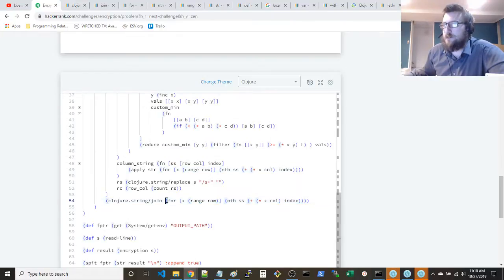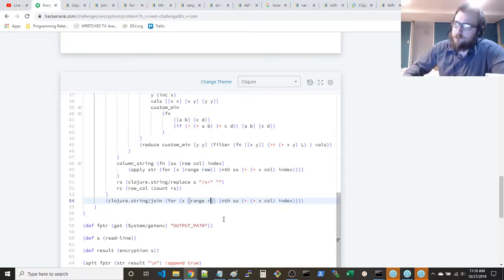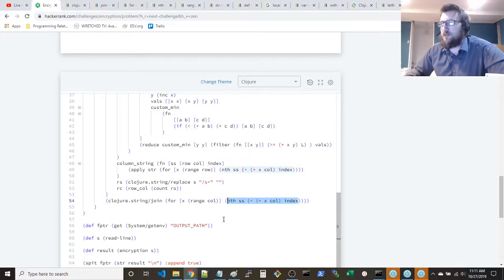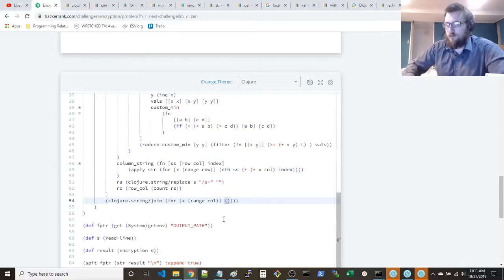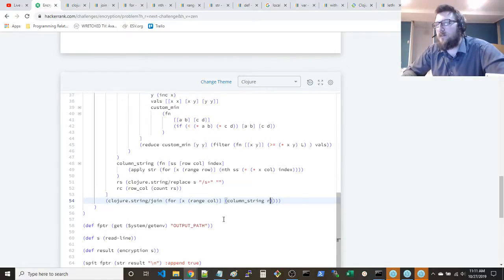So there's going to be a join. It's going to be a list comprehension where we're going to go through all the columns, and we're going to say, on each column, on each X, we're going to call column string of, it's going to be RS, row column is RC, and the index is X, and